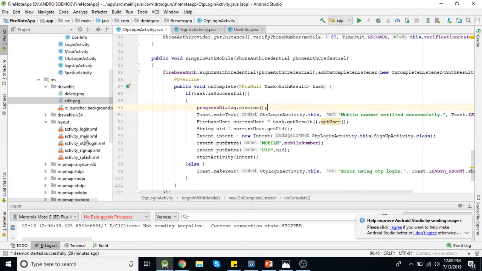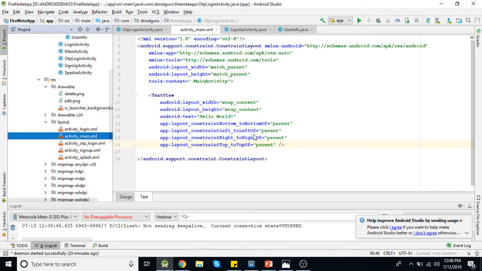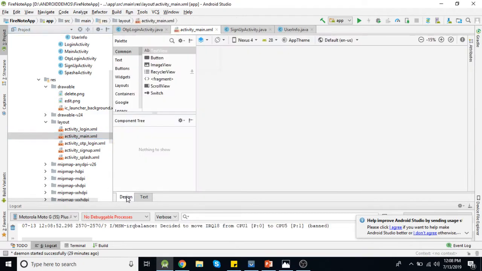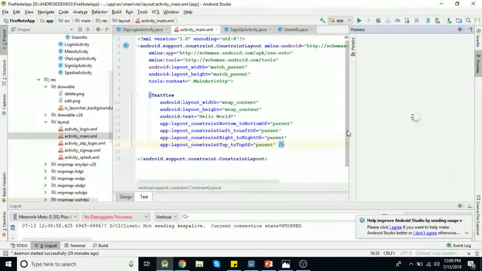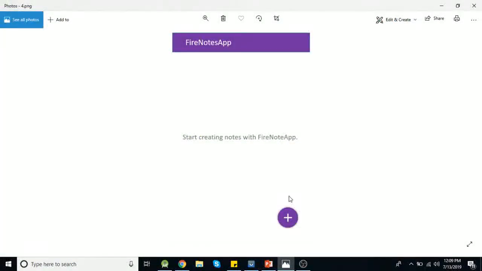Now we need to change this XML file. Here first we need to add this toolbar, then this text when no data was present, and finally we need to add this button.